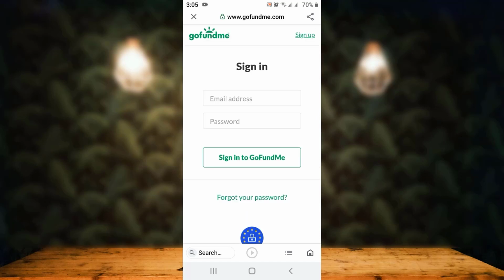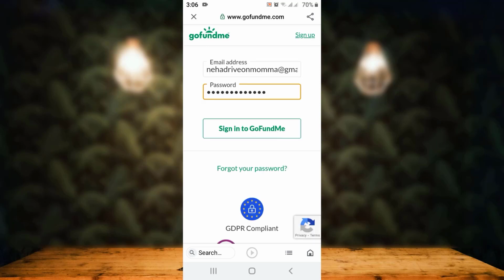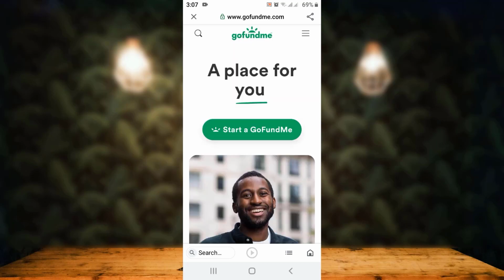So next you'll have to sign in, so then enter your email address and the password that is linked with your GoFundMe account. Now once you're done entering your information, tap on sign in to GoFundMe, which is right at the bottom. So once you're logged in, the upper right corner you can see the tray bar icon, so once again